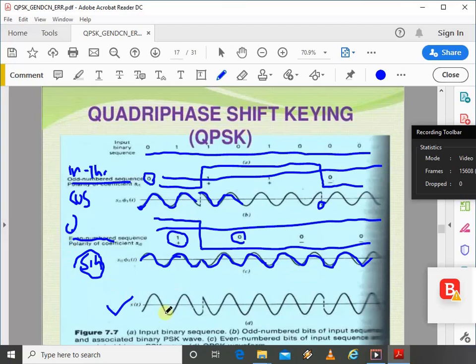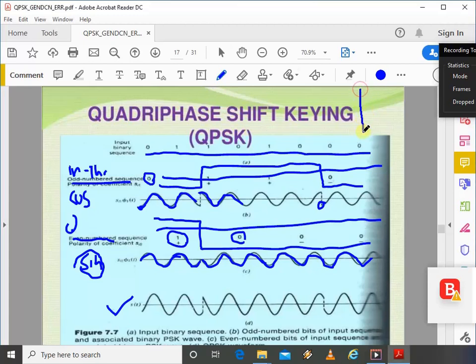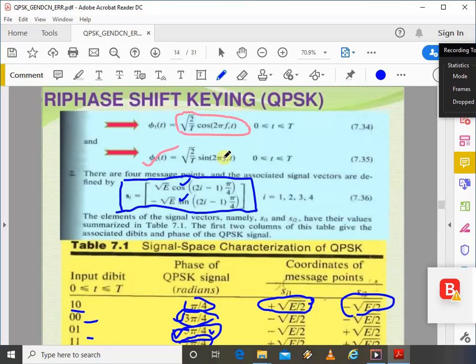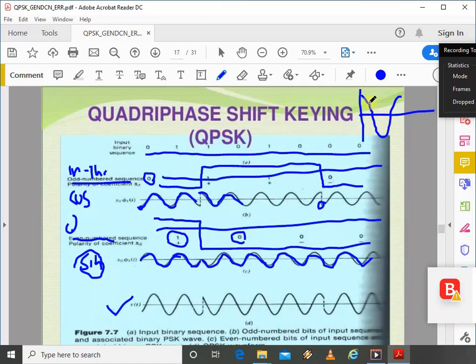Now how to draw this QPSK signal? In the QPSK, just remember that now let us take 1 cycle of a cos signal. In this, usually we know that the dibit 10 is represented by pi by 4. Let me say pi by 4 is somewhere here, dibit 10. Next dibit 00 is using a phase of 3 pi by 4. So this is the dibit 00. Next, 10 is pi by 4. It is making use of a pi by 4 phase shift.